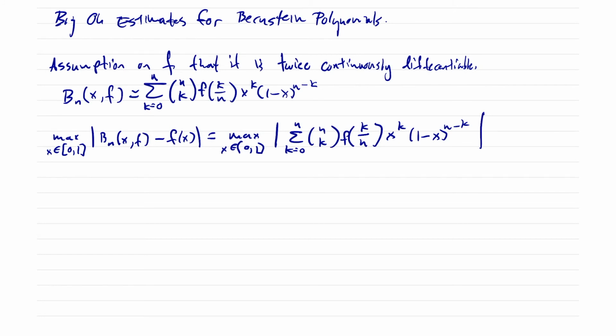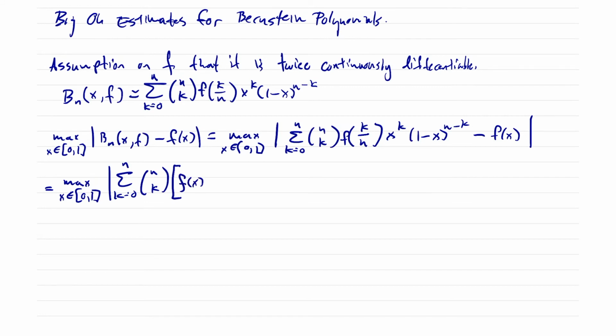Okay, and now we have minus f of x here. All right, so what I'm going to do now is get a Taylor polynomial of f of order 1. So that's going to give me the maximum over x in [0, 1] of the sum k equals 0 to n of n choose k of f of x plus, not i, but k over n minus x